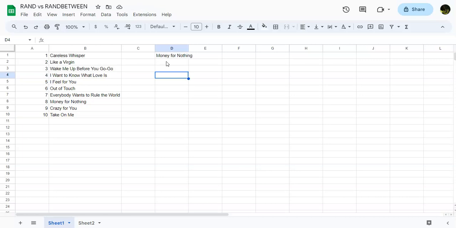It does take a little bit. I realized with RANDBETWEEN, it does take a little bit to kind of activate it, but it can be a very useful tool if you're doing something very simple. Now, if you are dealing with an array that's going to wind up having more rows, but the columns are going to be the same, then